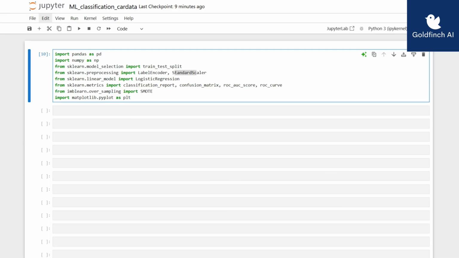As you can see, I have imported pandas and numpy for creating and manipulating the dataset. Then I have also imported train_test_split, which can split the dataset into training and testing sets. I have also used LabelEncoder, which can encode categorical variables into numeric values. Then I have used StandardScaler, which scales numerical features to standardize them, meaning a mean of 0 and a variance of 1. Then I will be using logistic regression here,